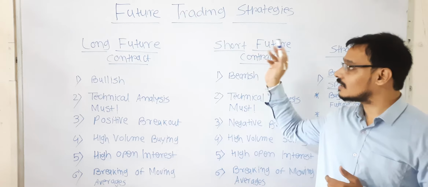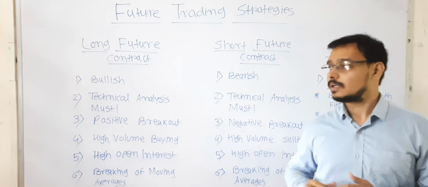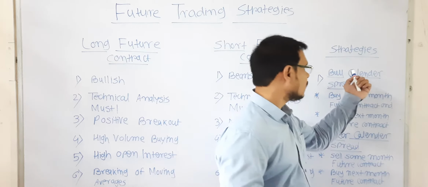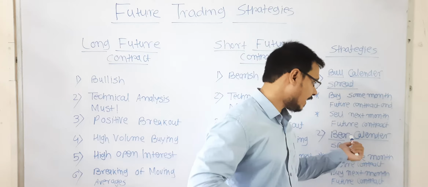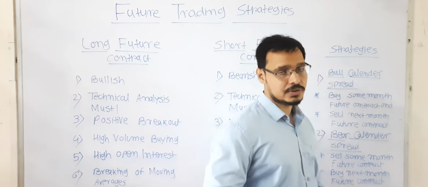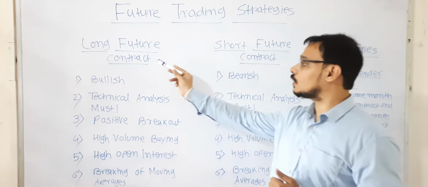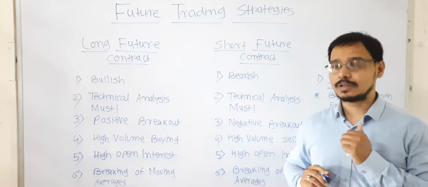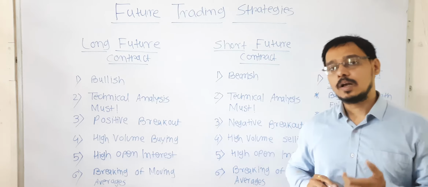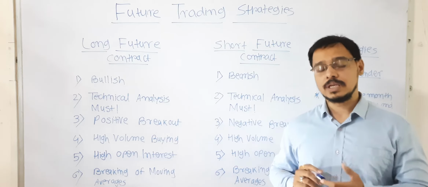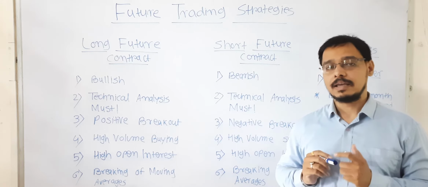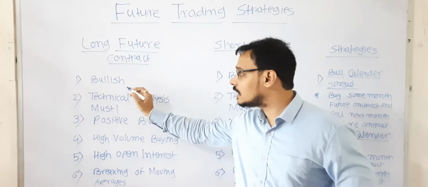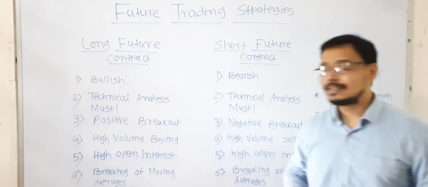The future trading strategies involve long future, short future, the bull calendar spread strategy and the bear calendar spread strategy. So we will start with the long future contract and the short future contract. We will go long on any future, meaning we will buy any future, only when we are bullish on that particular underlying